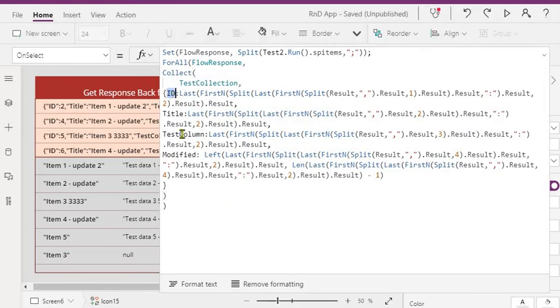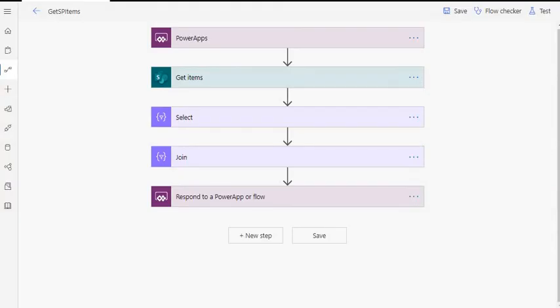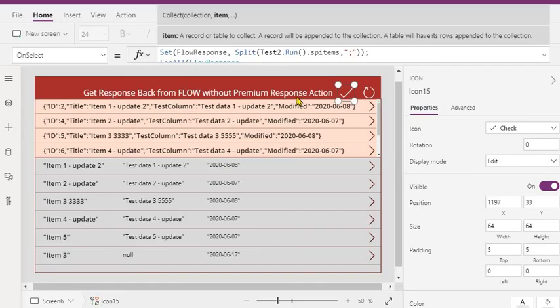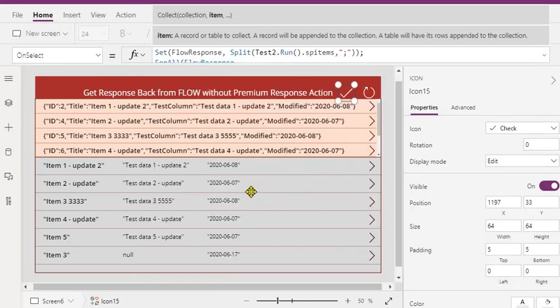You can define that column schema here and then get the column values from your comma separated or semicolon separated string. So I hope it is clear how we can combine the collection or the array using Select and Join action into a comma separated or semicolon separated string, and then process it in Power Apps to convert it back to the collection which you can bind to the gallery.